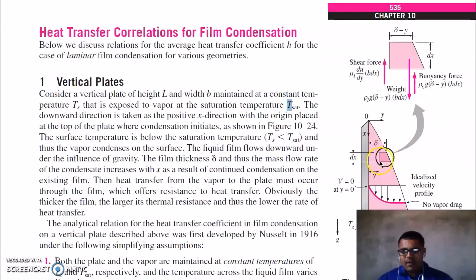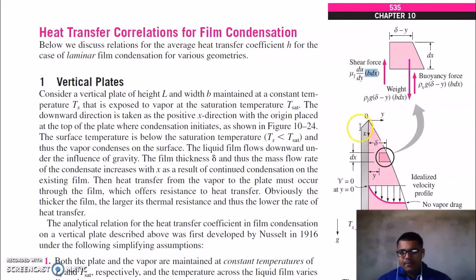Now take a small element, this, which is delta minus y. So this is the small element, which is delta minus y. Now the weight of this element will act downward, which is density of liquid into gravity into volume. Now the volume of the element is equal to this multiplied by this multiplied by B, which is this here, into the screen. So this is your weight which will act downward. The shear force acting on this surface, between wall and liquid due to viscosity, is equal to mu du by dy into B dx. So the surface area in case of shear force is equal to B dx.